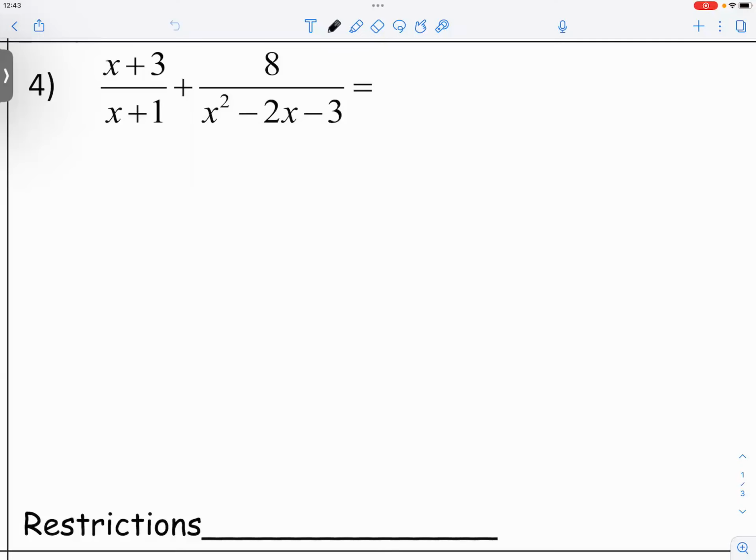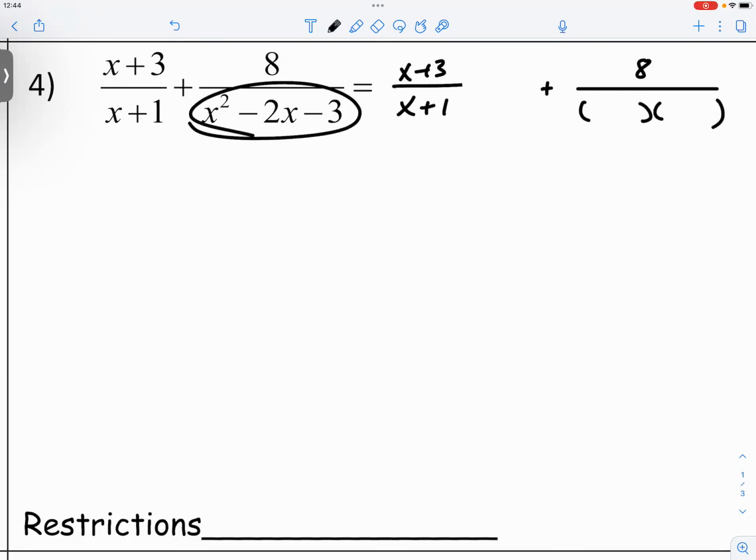All right, for number four. Number four, we have this addition, and we do not have a common denominator. So we need a common denominator. But before we find the common denominator, we should go ahead and factor out the denominator of the second fraction,